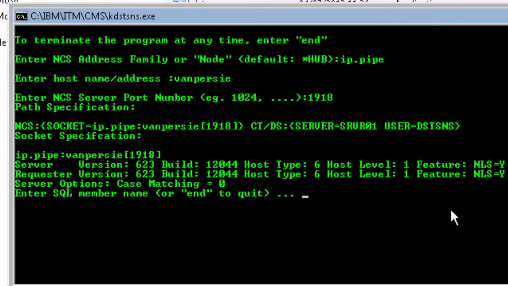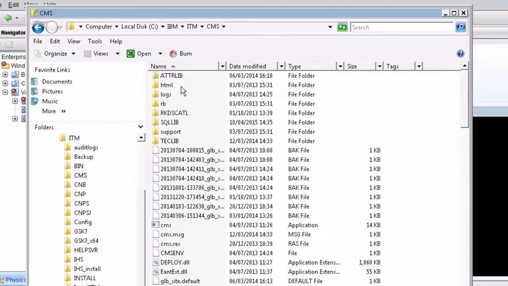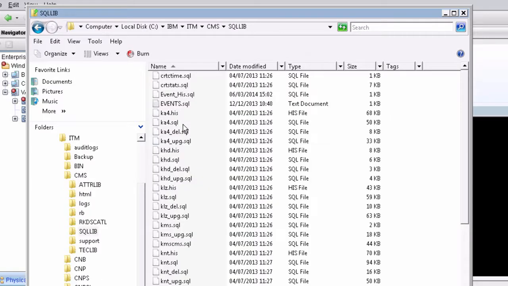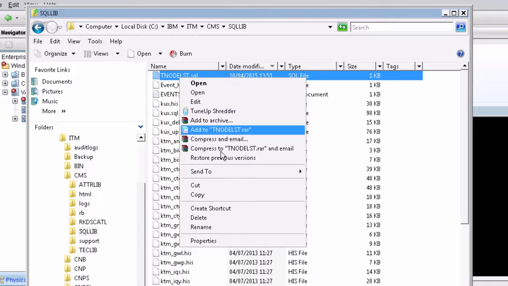To list all of your managed system lists with all the agents assigned in one hit, we need to work with some SQL. First thing you'll need to do is go from the CMS directory down another level to SQL lib. In here is where all of the SQLs are stored in ITM that ITM will run in the background by product default. You can also add your own in here. So I've created one already called tnode_lst. If I open that up in Notepad,